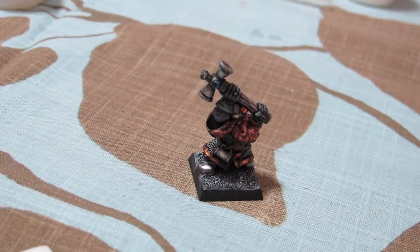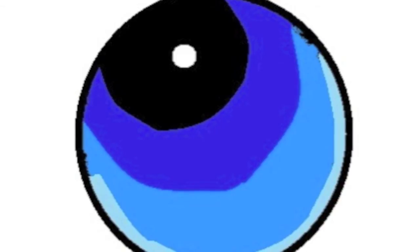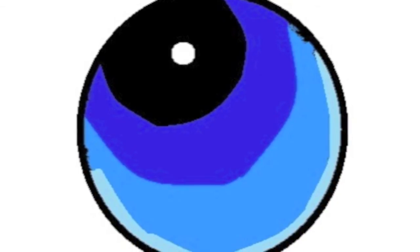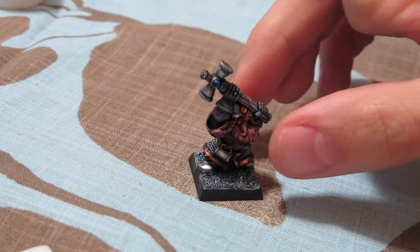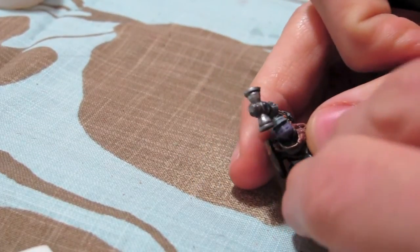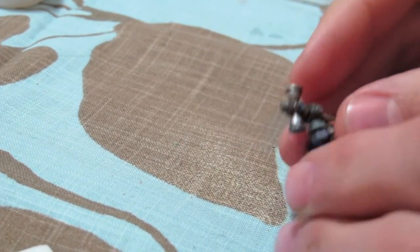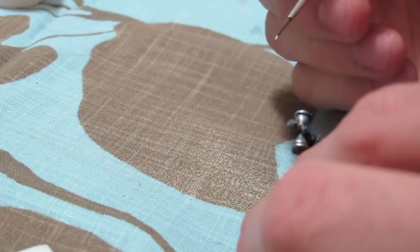Alright, now for the next step, what we're going to be doing is just applying a small dot of pure Skull White onto the black area, the area of the gem that we've left completely black. And this is sort of supposed to be the shine of the model. So again, you want to put it right at the top of the gem where the light would be directly hitting the gem. That's what you're looking for. And so you only want to have a little bit of Skull White on your brush and do a small dot, and it should be completely within the black area. So I'm painting on my dot there,